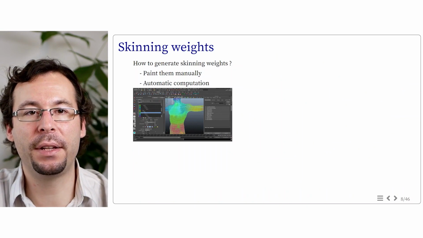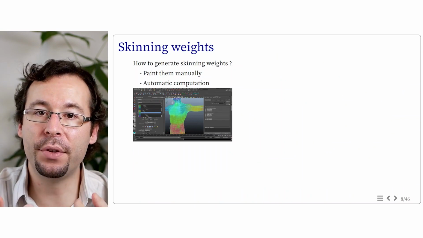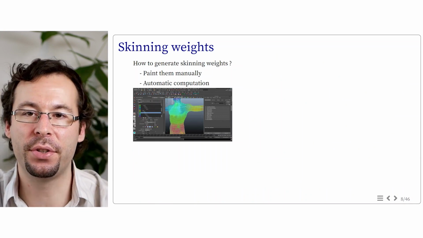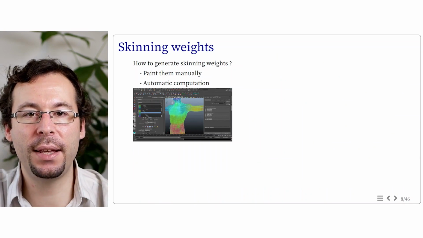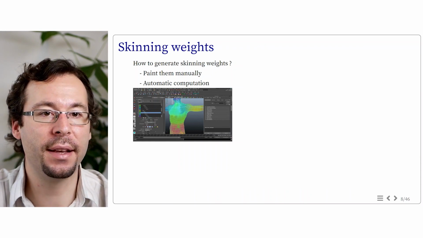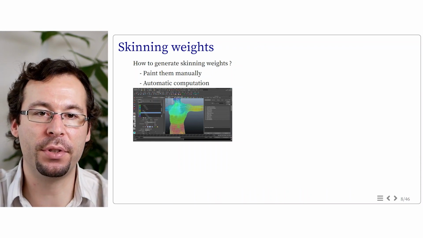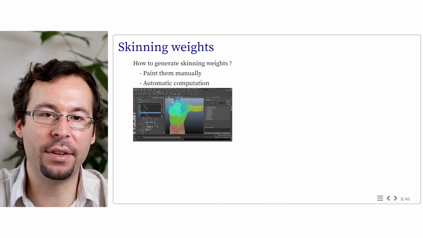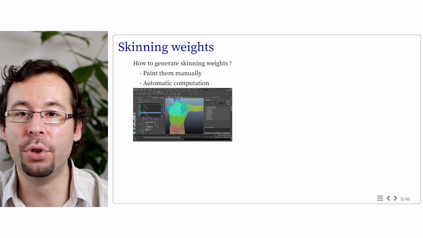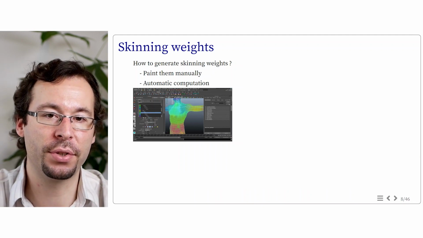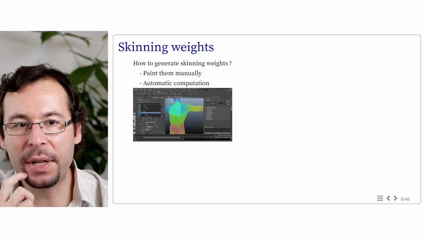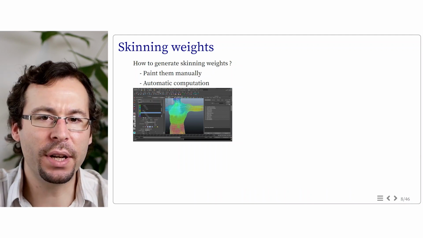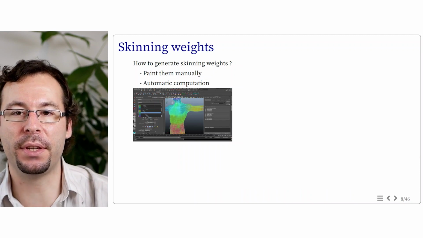So I mentioned the fact that the deformation can be controlled by the skinning weights, which are this dependence between a given vertex and the joints. So for each vertex, we may have up to n weights, where n is the number of joints of the skeleton. Of course, in practice, the dependence is often sparse, and a given vertex has only a few non-zero weights for a few joints. Video games often limit the number of dependencies to 6 or 8. But how can we generate these values of dependence?